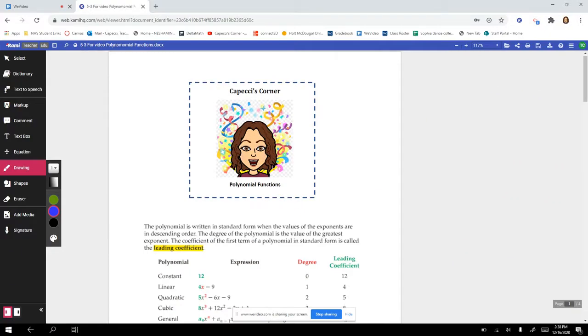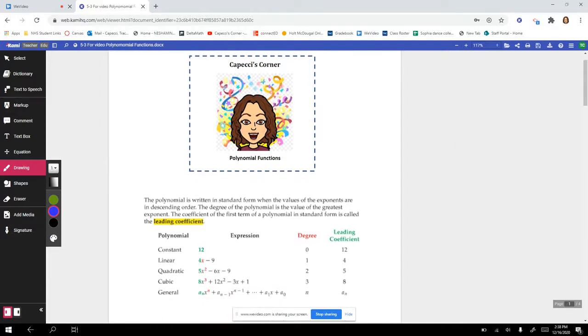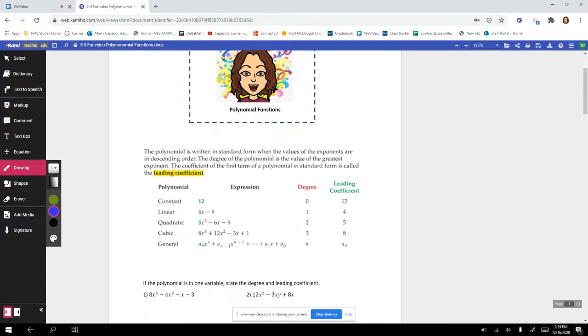Today on Capechi's Corner, we're going to talk about polynomial functions. We know that a polynomial is written in standard form when the values of the exponents are in descending order. Now, again, we're only talking about one variable in one variable form. We're only one variable when we're discussing these, okay? The degree of the polynomial is the value of the greatest exponent, and we know that the coefficient is that